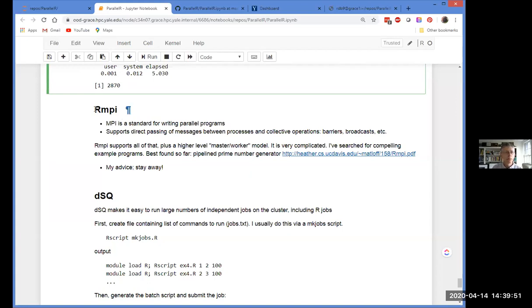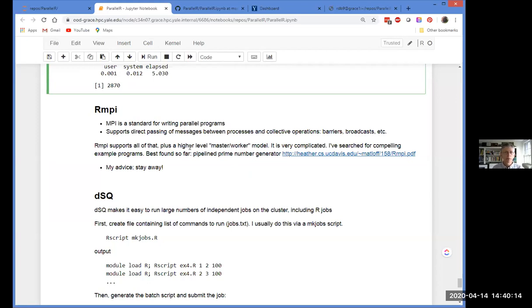But if you directly use the R-MPI library, you'll find that it's a very rich package. It's a very complicated package. It can be used in a couple different ways. It can be used as a classic MPI API where you're sending messages back and forth between a bunch of worker processes.